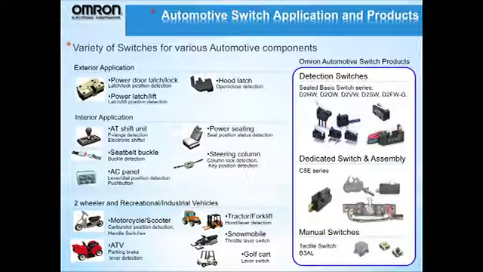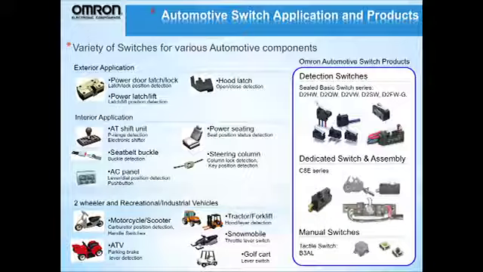Automotive switch application and products. Omron has a variety of switches for various automotive components. Some examples where these components could be used are power door locks, power latch, hood latch, in the interior of the vehicle, automatic shift units, seat belt buckles, AC panels, power seating, steering columns for recreational and two-wheelers, so motorcycle ATVs,